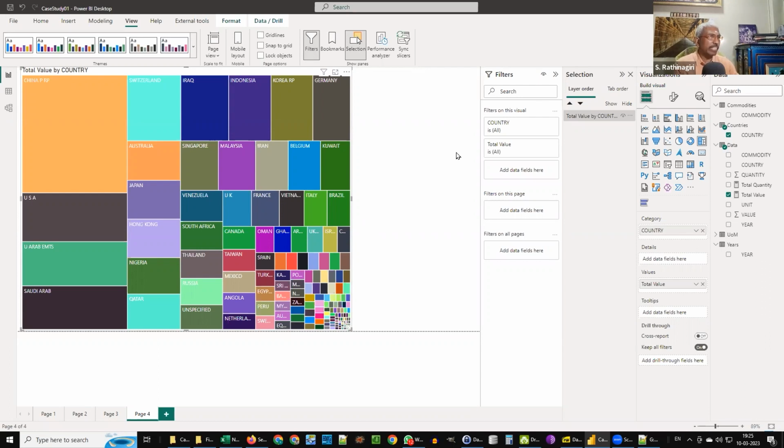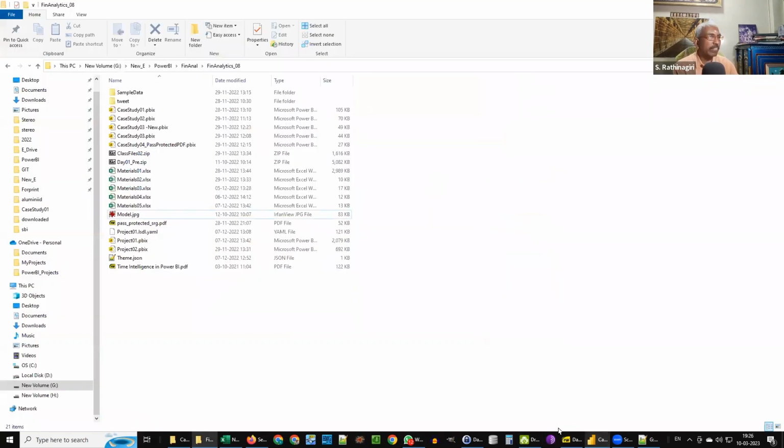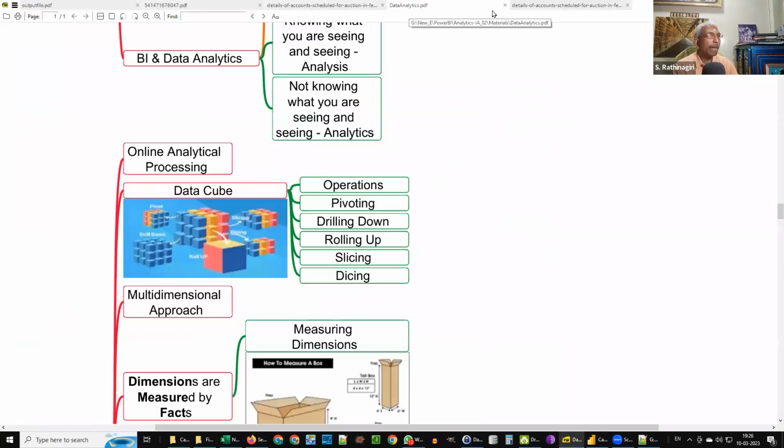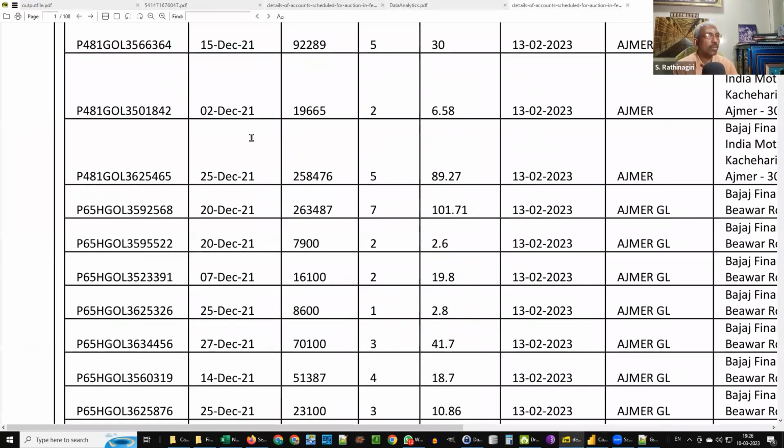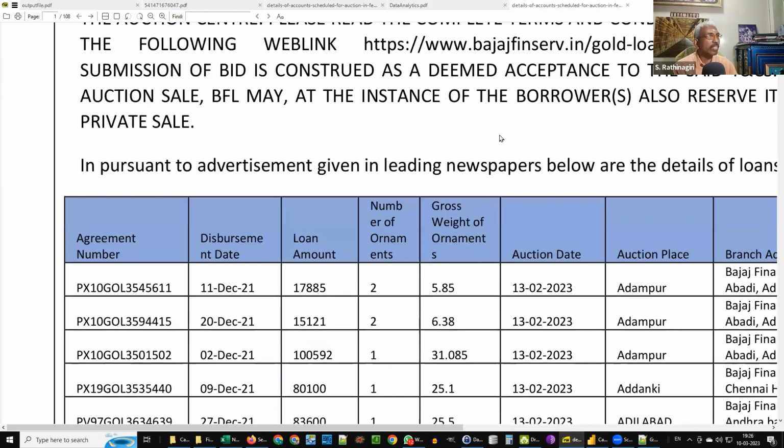Let me try to save this case study. And then I want to go for this data. Please see this data, how you can import this data. Okay. So gold loan. I want to see, once I have seen this, I was really